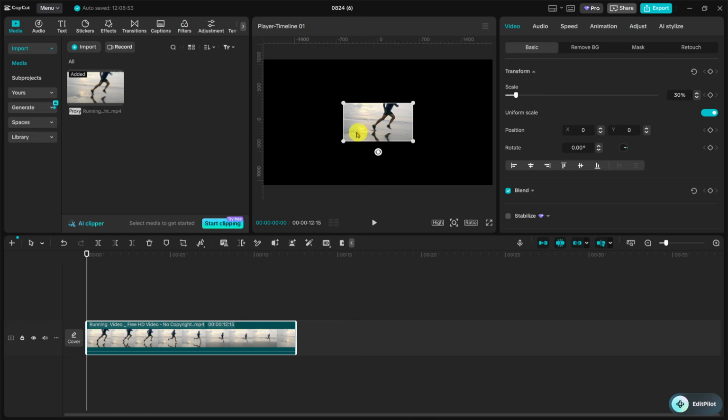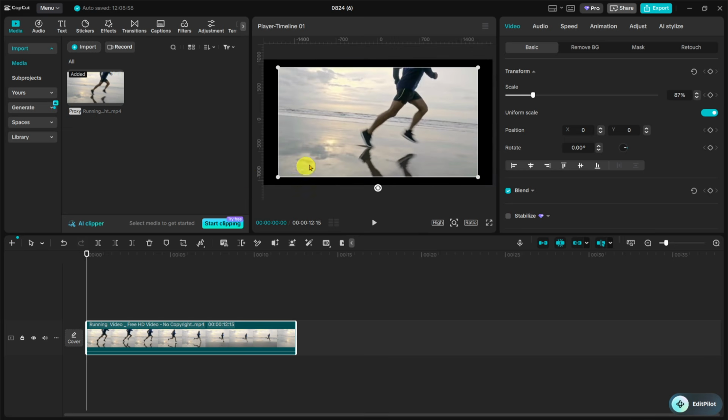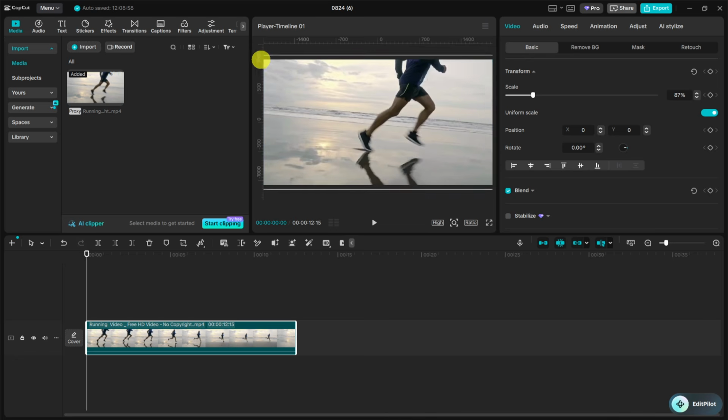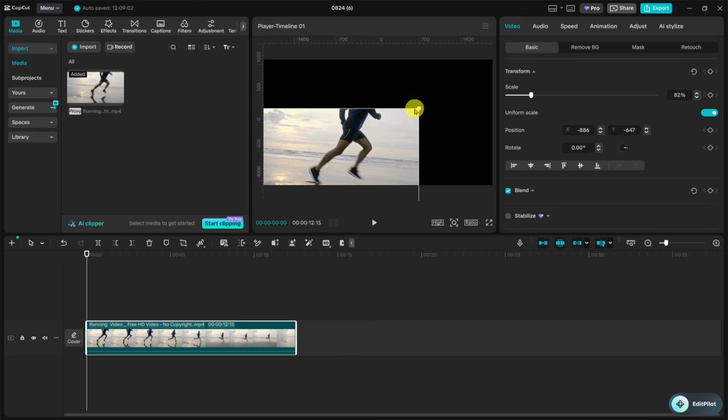Now move to the preview area where you can see your video displayed on screen. In the preview, click on the small circle control around the video frame to stretch the video preview. This control allows you to manually resize the visible video by dragging outward or adjusting the frame directly. As you do this, pay close attention to the preview so you can see exactly how the stretch is affecting